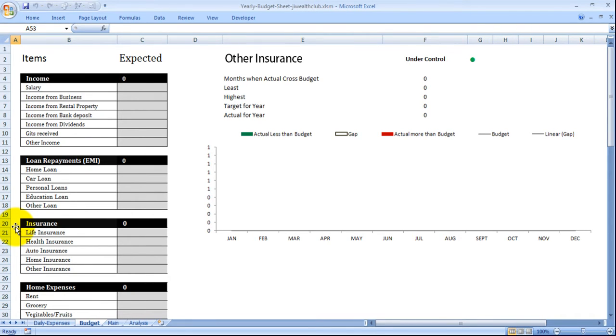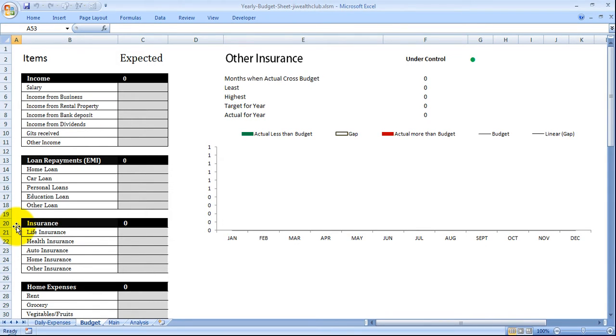Just make sure that all the elements in this section, that is B, are unique. So none of these things should be the same. For example, if you write other at this place, you do not write other here, because 2 things should not be equal. Each of them should be unique.